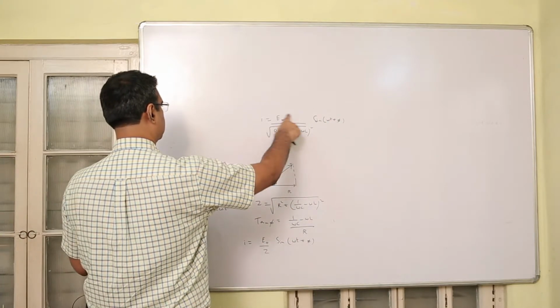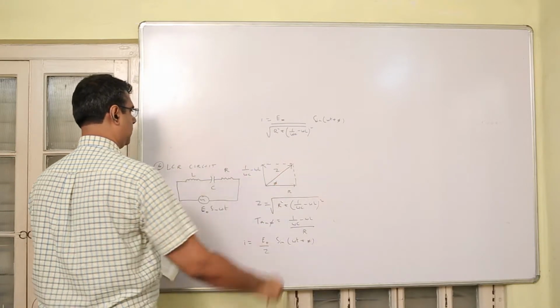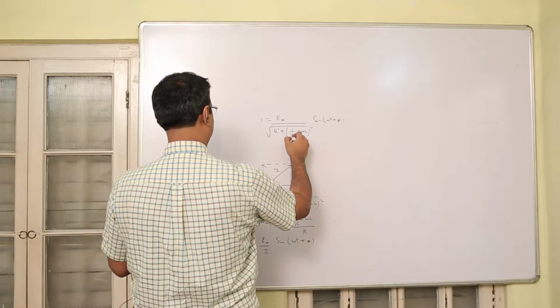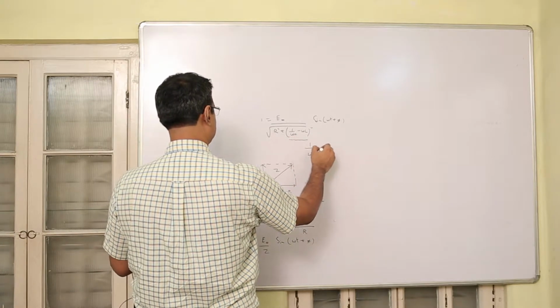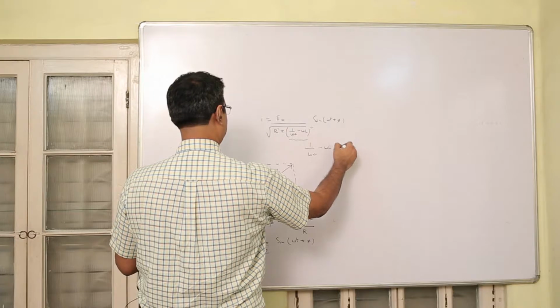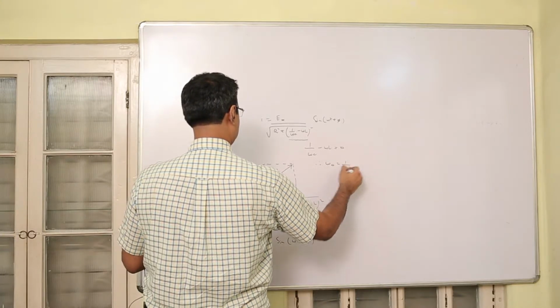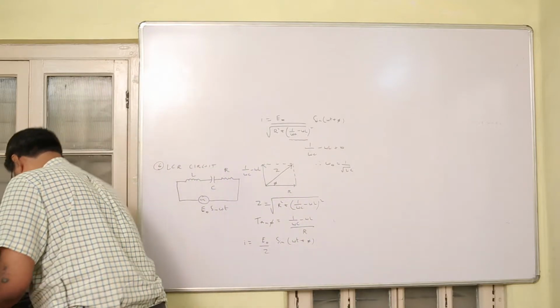Now you can see that this is the expression for the current amplitude. So if the current amplitude has to be maximum, then this term has to be 0. If you equate it to 0, the corresponding value of omega